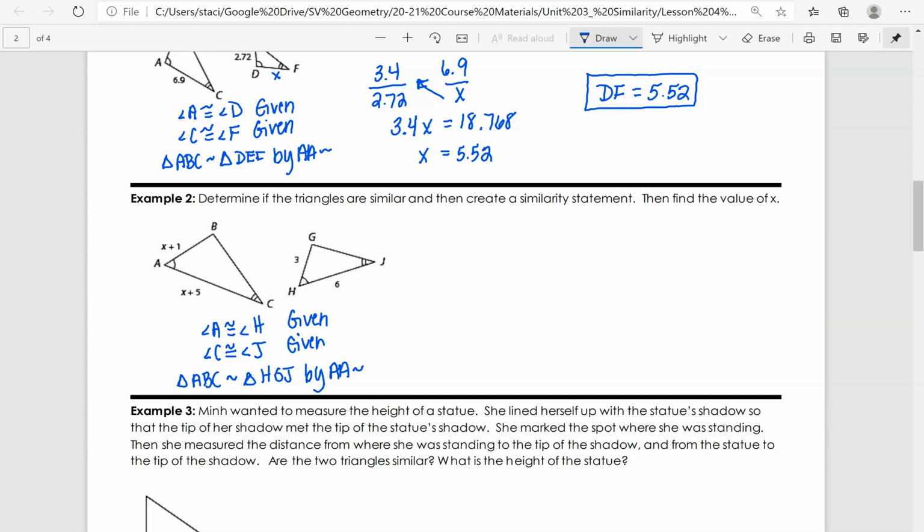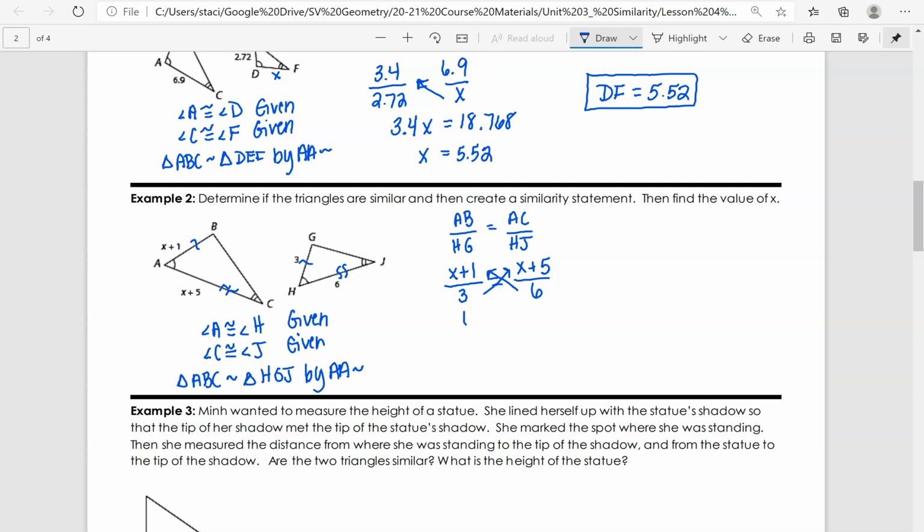similarity theorem. So if I want to solve for x, I want to match up my corresponding sides, and so I know that AB corresponds to HG, and then I have AC corresponds to HJ. And so if I substitute my values in, I would have x plus 1 over 3 equals x plus 5 over 6. And so if I cross multiply, this one is similar to example C on the previous page